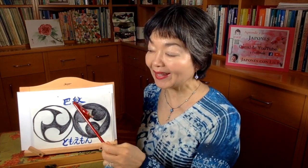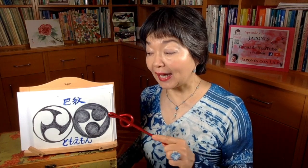And the first one is this image, this emblem called tomoe, or you can also call it tomoe mon, like this. Mon means emblem, because these kinds of images can be used in a family emblem or in a temple or in a shrine. These are all Japanese style emblems. For example, there are many, I wrote in